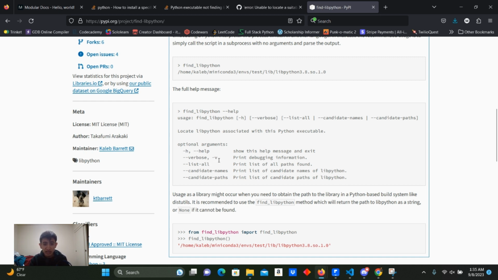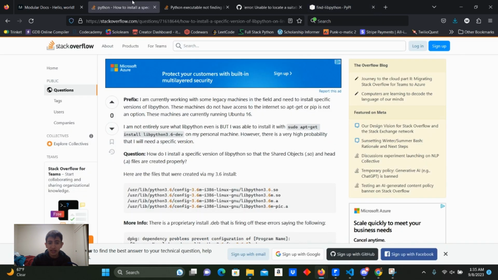If you do -v, it will literally tell you where exactly it's looking, and it will tell you if it doesn't find anything at all. So that's how I basically found out that it didn't exist. I had to do -v to make sure it doesn't find anything at all. And then of course I ran